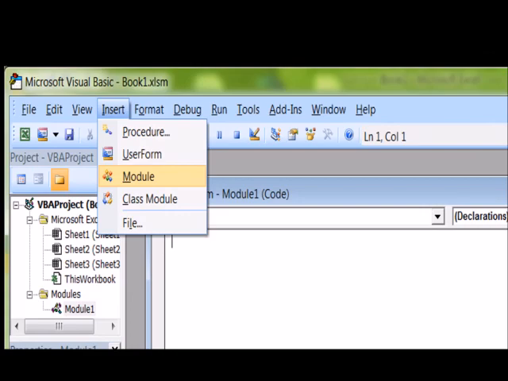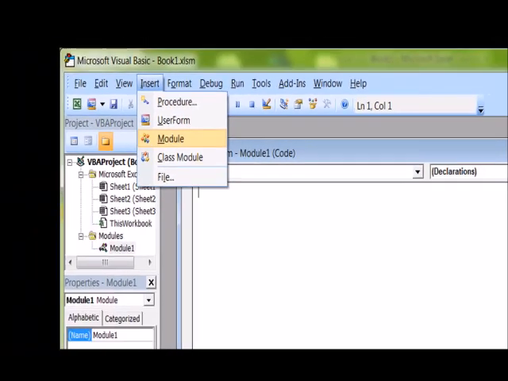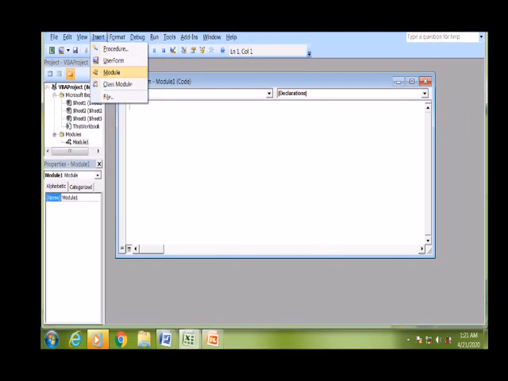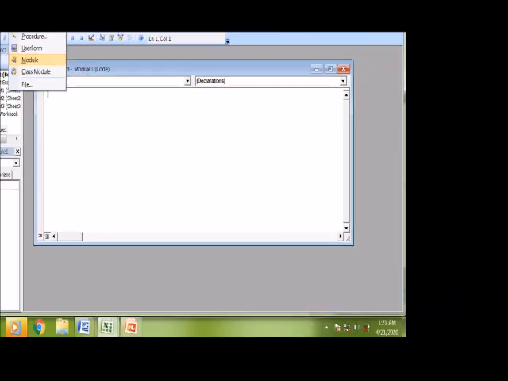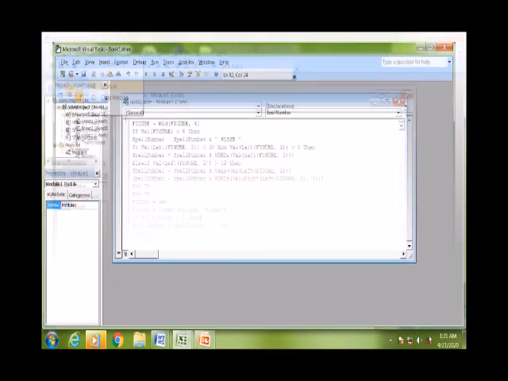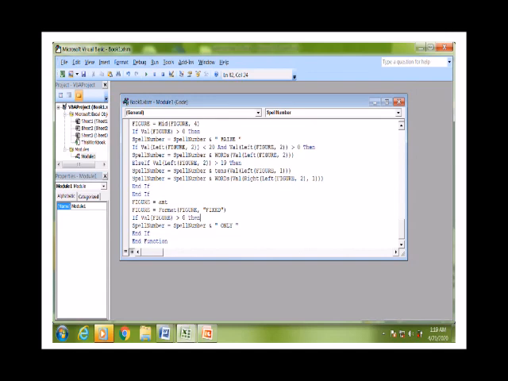We will click here, and a window will appear. It will look like this. After that, we will paste the function in this window. After pasting this function, we will save it. So now this function is customized.